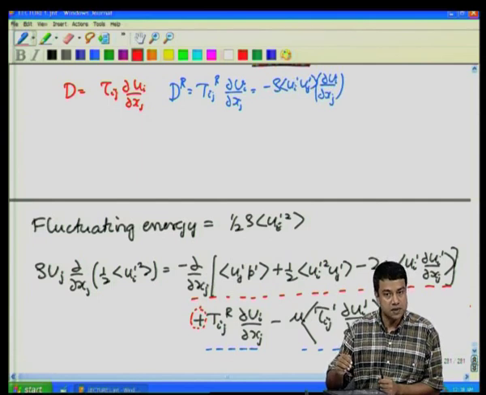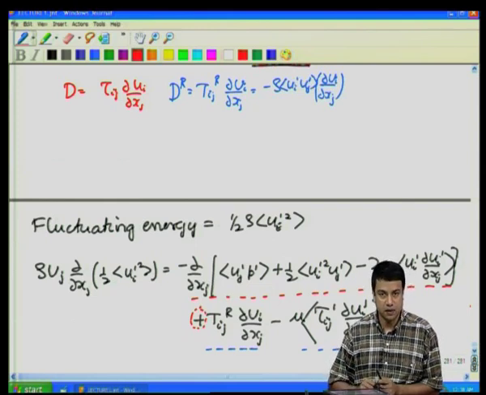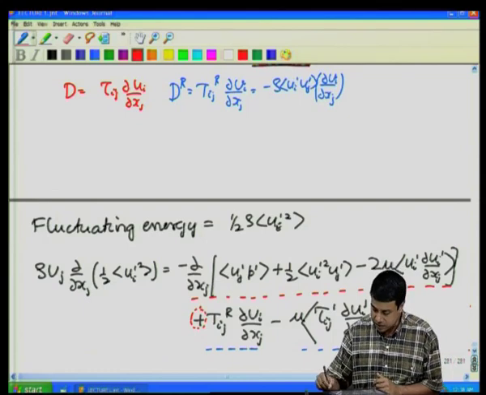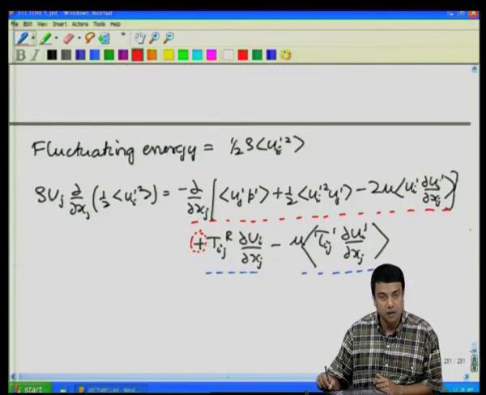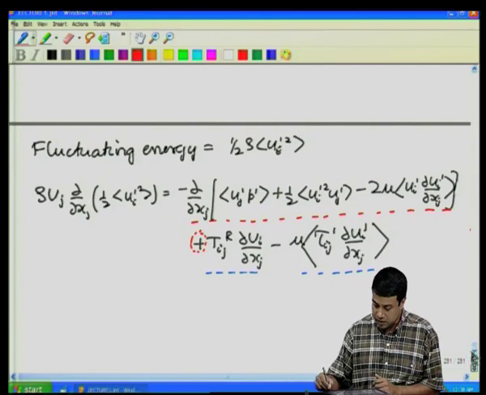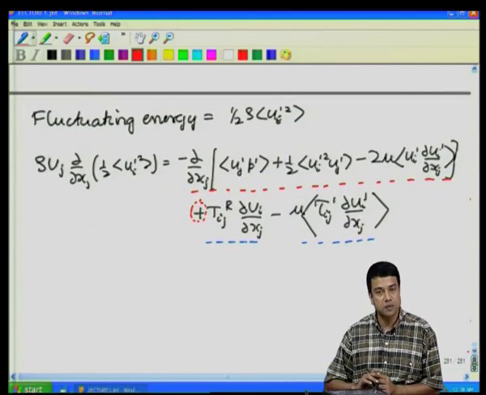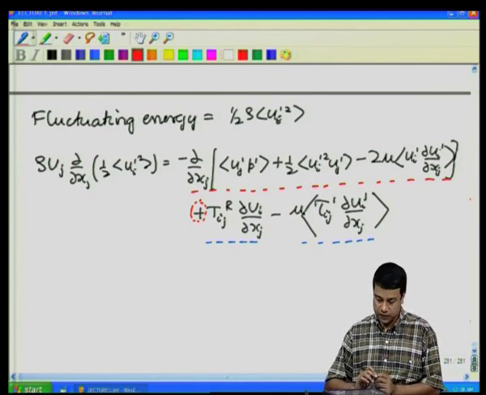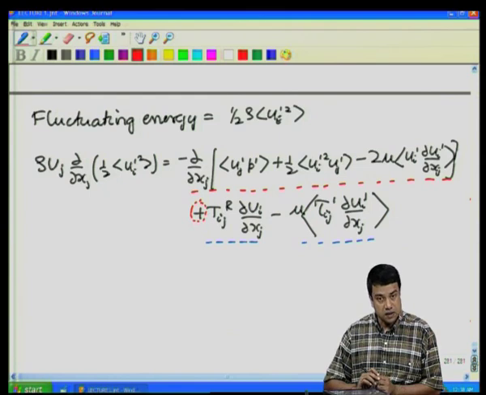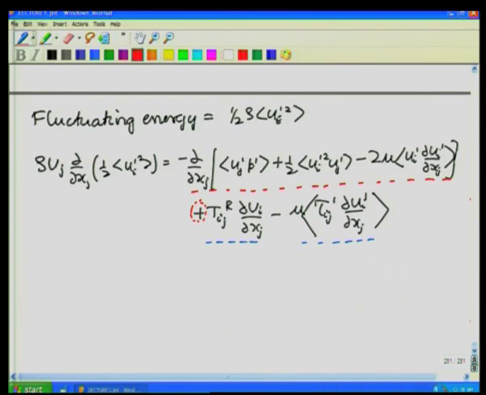So, that is how fluctuations are generated, because there is this mechanism which transfers energy from the mean flow to the fluctuations. And that mechanism is this Reynolds stress times the mean velocity gradient. It appears with a negative sign in the mean energy conservation equation, and with a positive sign in the conservation equation for the fluctuating energy. Of course, at steady state the net energy has to be equal to 0. So, this has to be balanced by the dissipation of energy that is there in the last term over here.